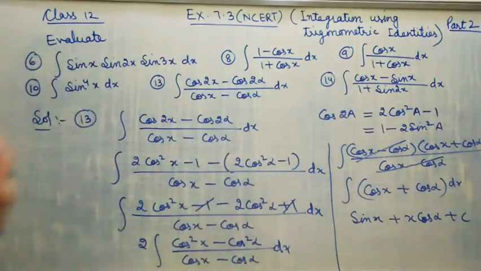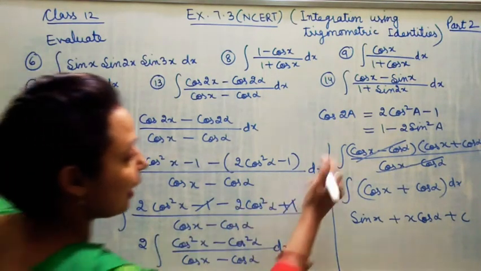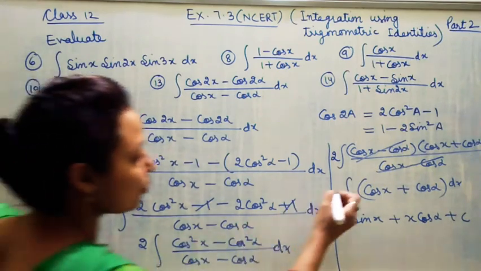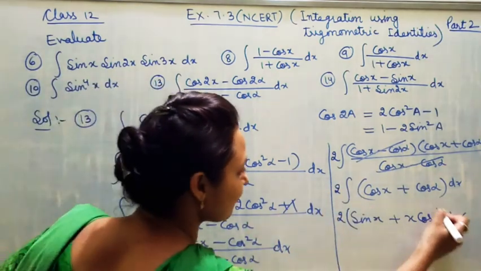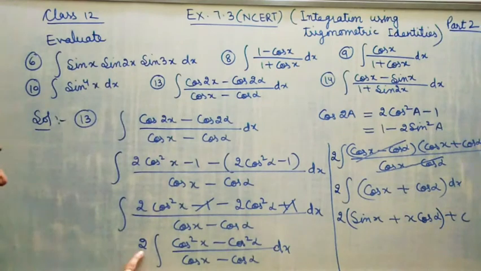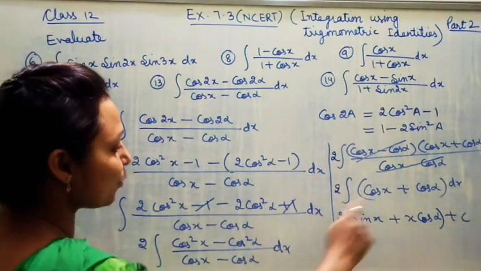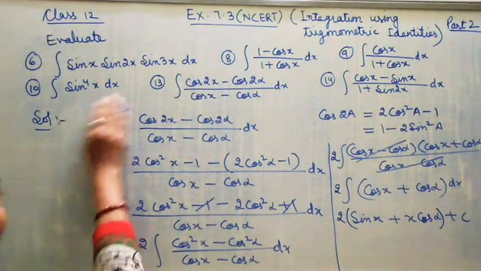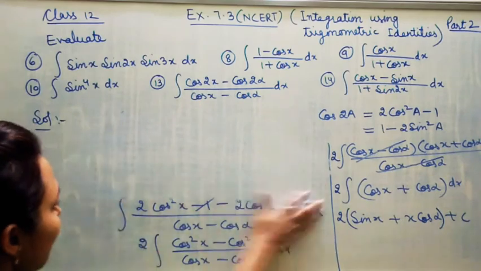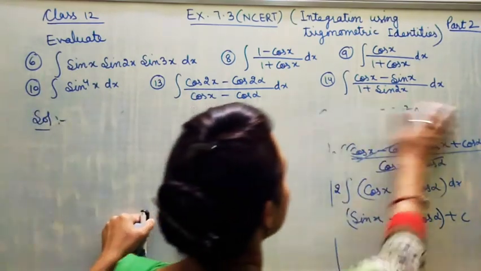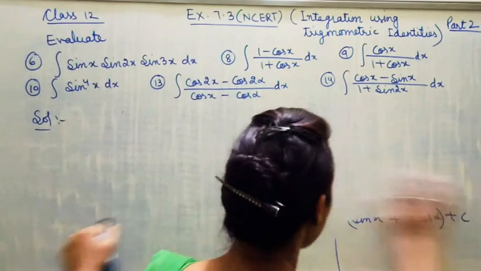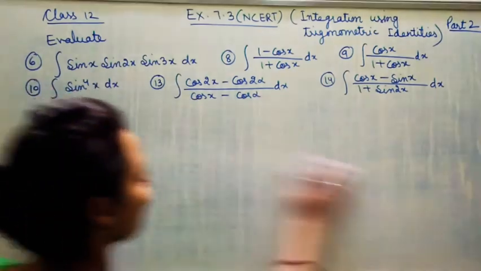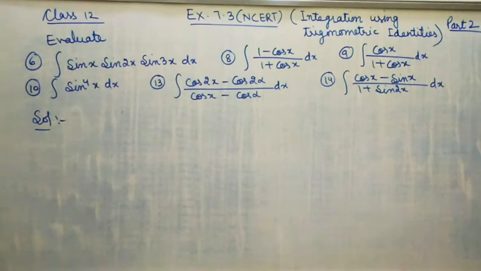Now come to question number 14. So how can we solve question number 14? Multiplying by 2, this is 2 along with this 2 and 2. So this is the formula. This is the way to solve the question. Now come to the 14th question. What is question number 14? That is also very simple. So how can we solve it? Very simple question.